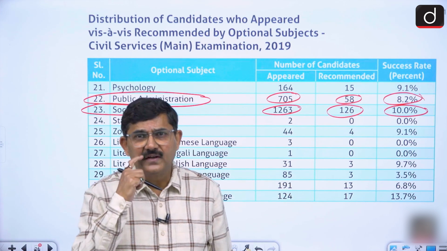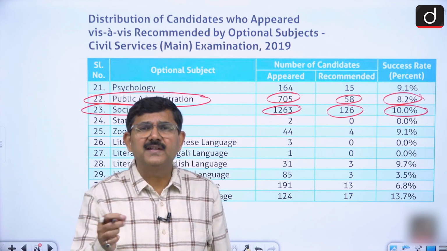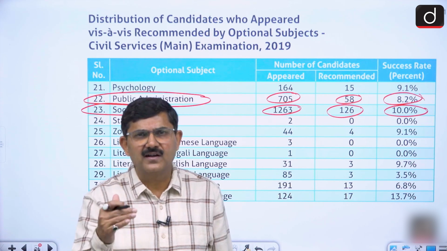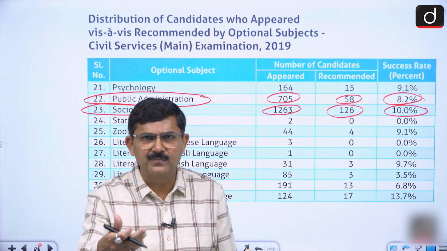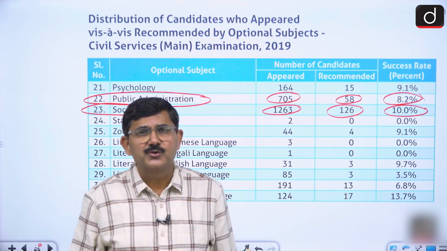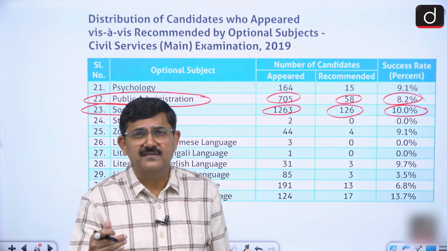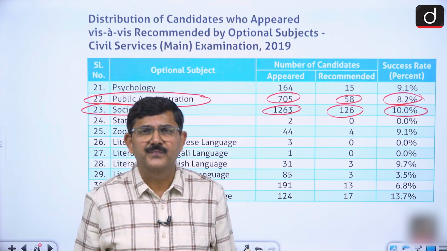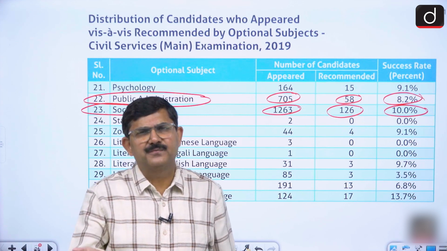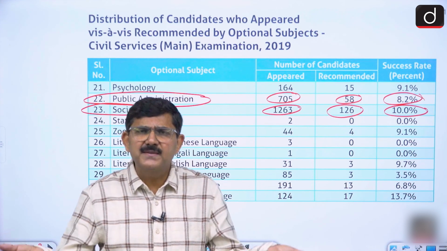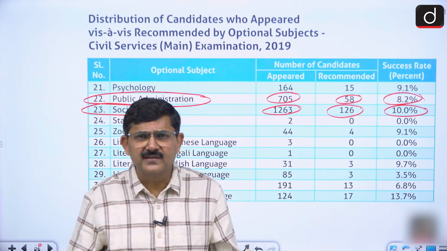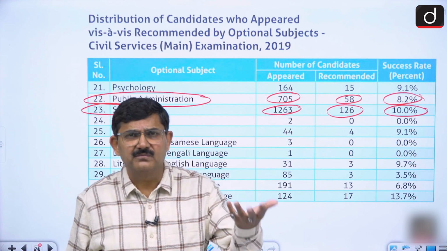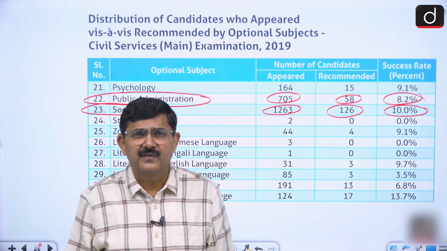I have some data related to the same, and it is also related to one more thing. Sometimes you ask a question, I mean maximum students ask this question because most of them do not have a background in sociology. So they ask, is this subject really good for me, even though I do not have a background in the subject? First of all, when I see the results, most of them did not have a background in the subject. Not only did they get selected, they got very good marks in the subject, highest marks.